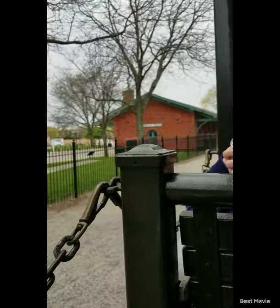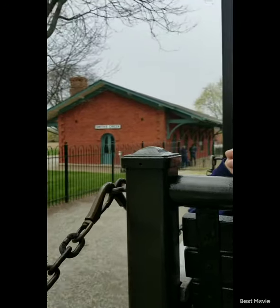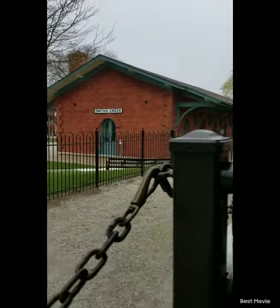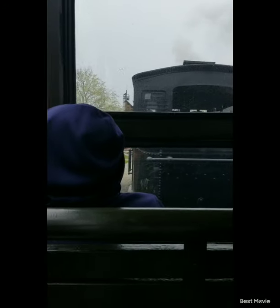We are now coming into the Smiths Creek Station. Please remain seated. The engineer will set us a brake and give us the sound of a single whistle that lets us know it's safe to come off the train. You'll exit over to your left side at this station, and I see that we have our station master Sue there to help out in the deboarding. It is now safe to come off the train. Do look around and make sure you have